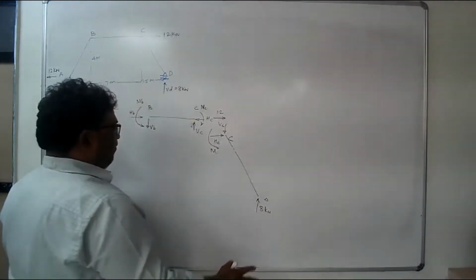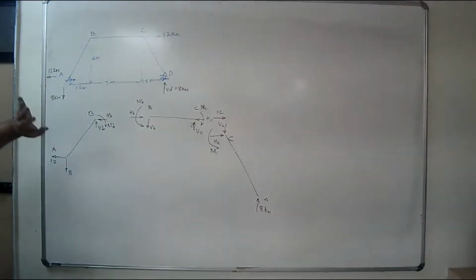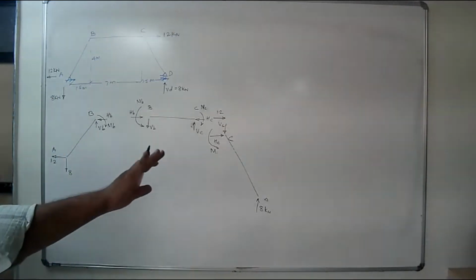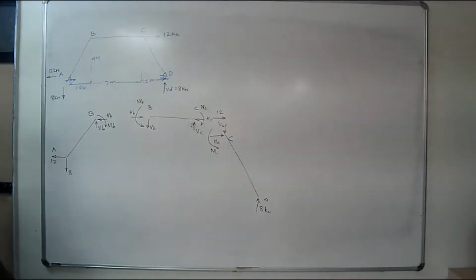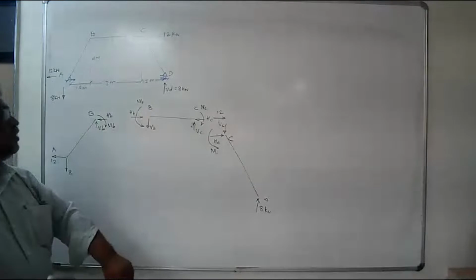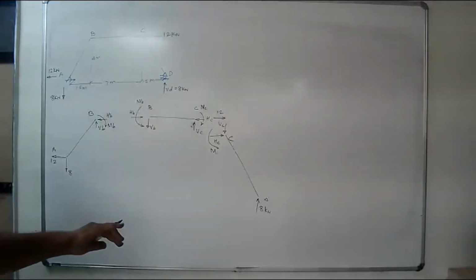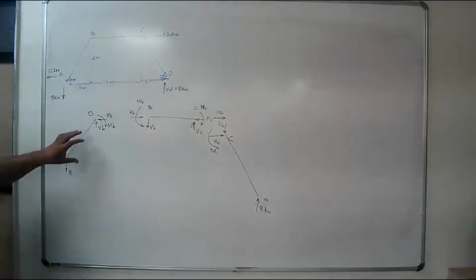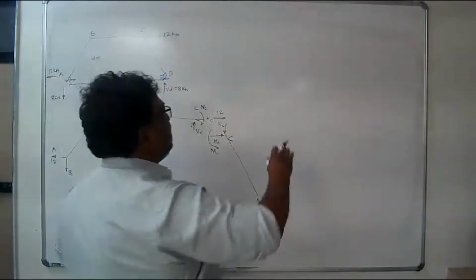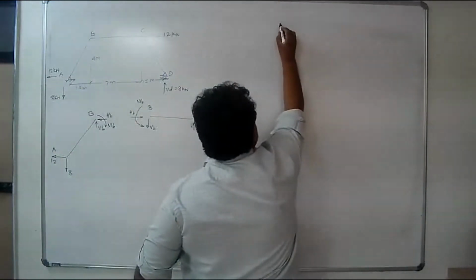Okay, fine. Step 1, determine support reaction. Break the member into components. The structure is broken into a number of members or components. All the rigid joints we have replaced by suitable forces. Now what we have to do? We have to consider the equilibrium of each member separately. I will consider equilibrium of